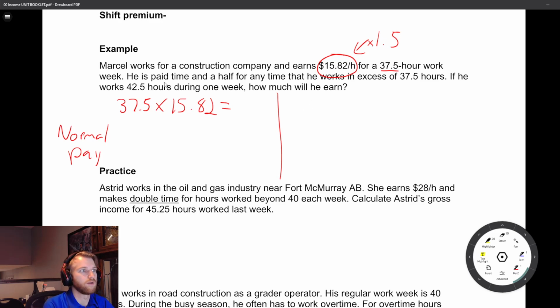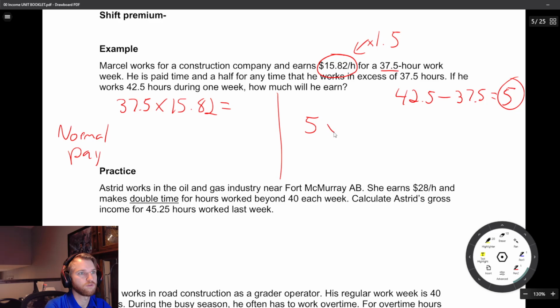He then works an extra 5 hours on top of that. So we're asking how many hours over this? I just did that mentally, but if the numbers are a little trickier, you'd take how many hours there were and subtract off the normal hours, 37.5, and you're left with 5 hours worked in excess. So 5 hours working at time and a half. That means 5 hours times his normal wage,